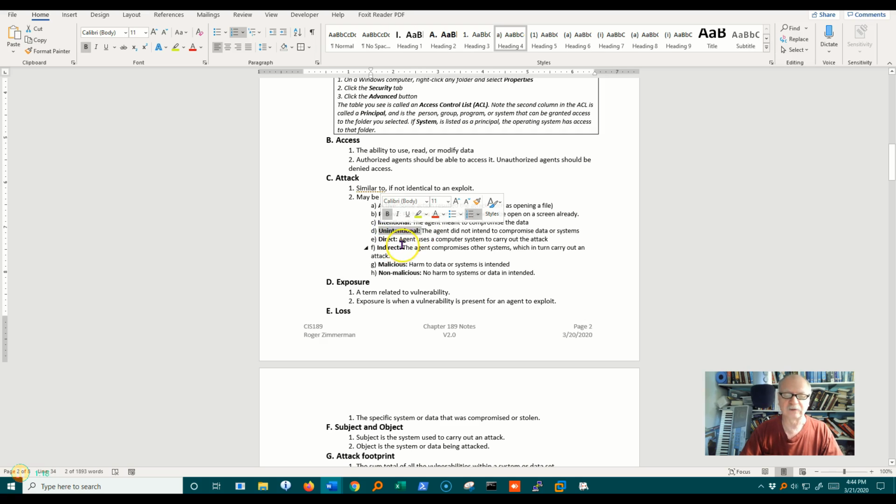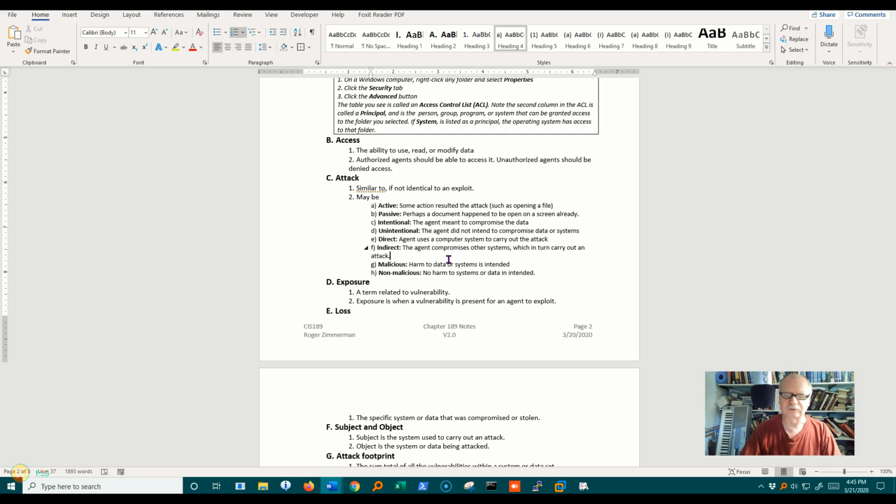Direct or indirect. If it's direct, then the attacker or the threat agent is actually doing something directly to a system. If they do something indirectly, say through another system or through a piece of software, that might be an indirect attack. So, for example, a denial or a distributed denial of service attack, which we'll get into later on, where a person employs other infected computers and uses those infected computers in order to attack a system,